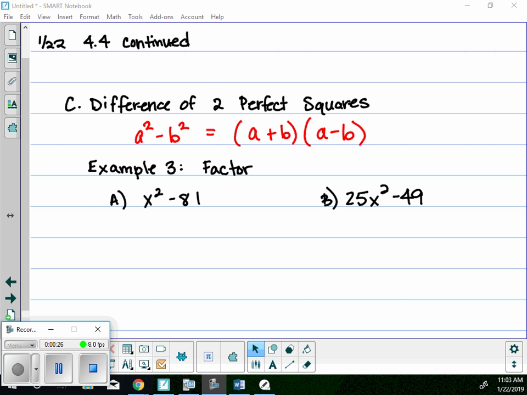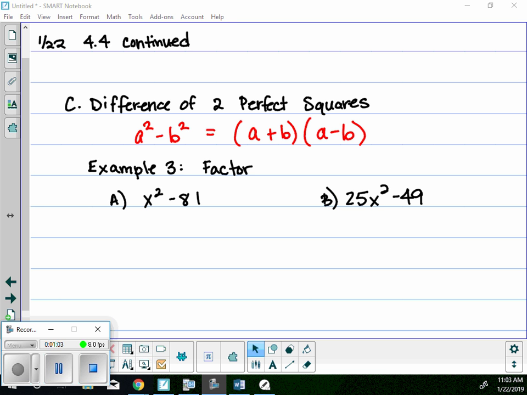For one thing, it does not have an x term. It just has an x squared and then subtracting some other number. Okay. So that should flag to you that it is a little bit different than what we were talking about. Also, x squared is a perfect square, as is 81. So if you see something like this, you should hopefully, by the time we're done practicing all this, recognize that this is the difference of two perfect squares. Okay. If you don't,